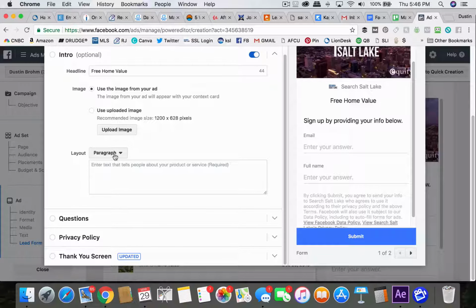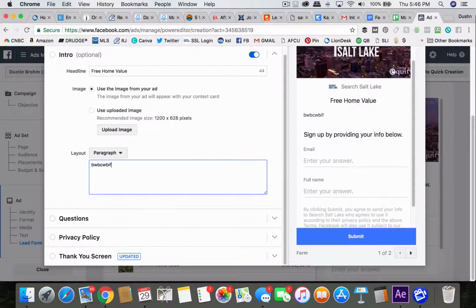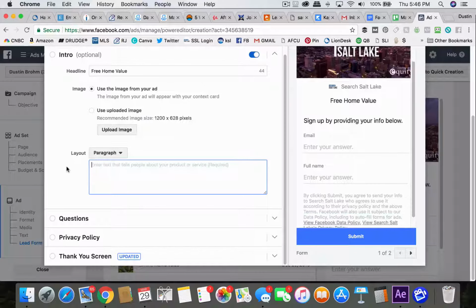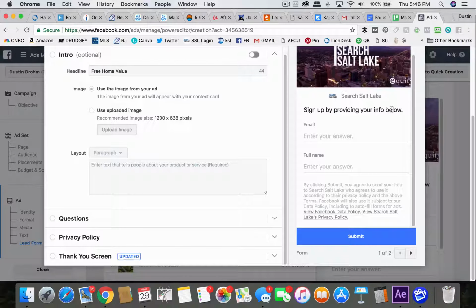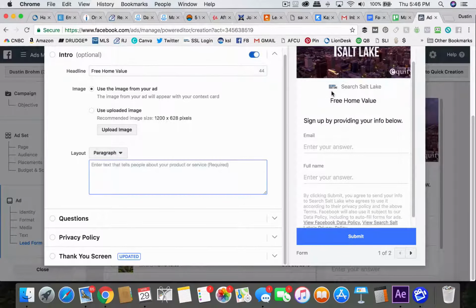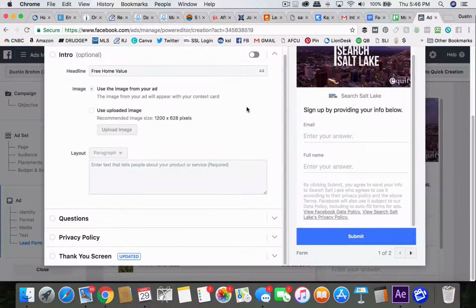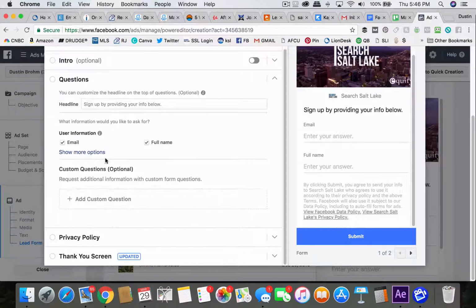So then you could do a little blah, blah, blah. I wouldn't. In fact, you can even turn this intro off if you'd like to. All it says is sign up by providing your info below. If you want to say free home value, whatever, you can, doesn't matter. So you can even turn that off. Then it goes to questions. Then the headline, if you want to, or you can just leave it at this. Here's where you can do free list of homes